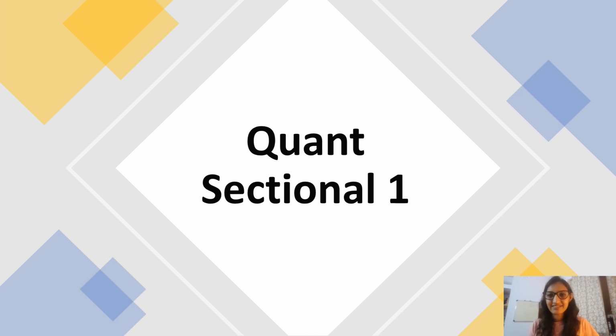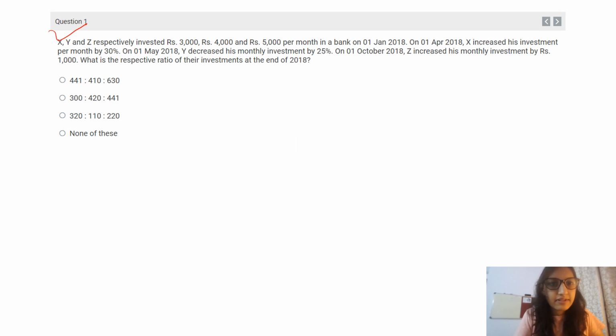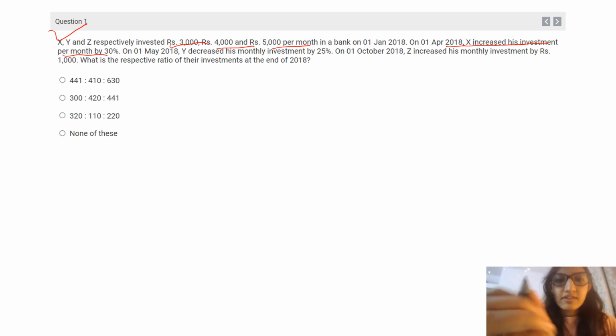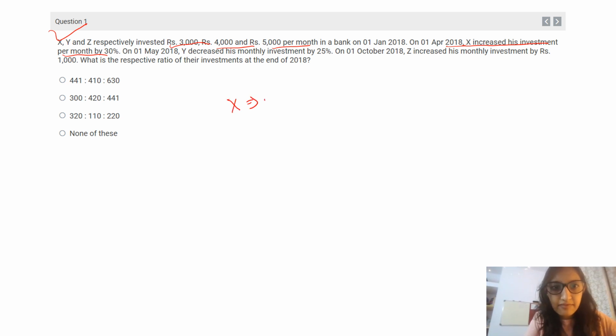Okay, let's begin. Here it is given the amounts invested by XYZ per month in a bank, and then the modifications they have done in their investment. Okay, let's write it down. So how much did X invest? X has 3000 rupees. See, what we need to do, at the end of the question, is find the ratio of their investment at